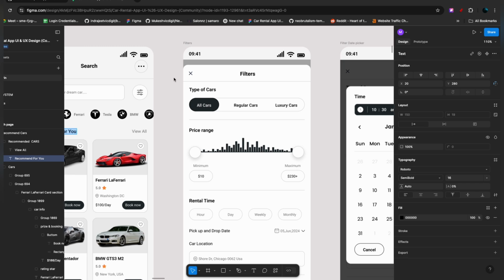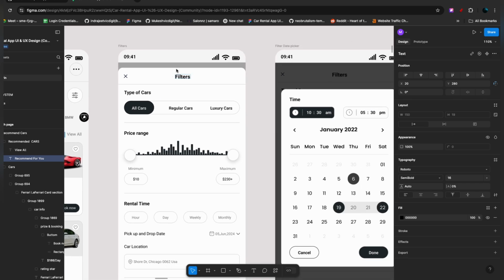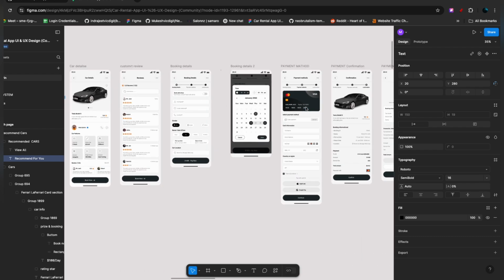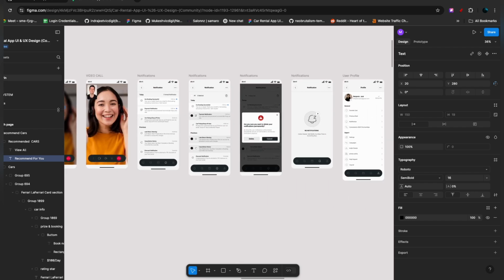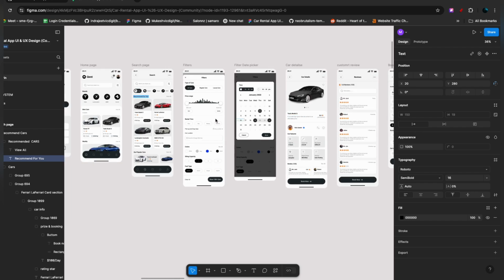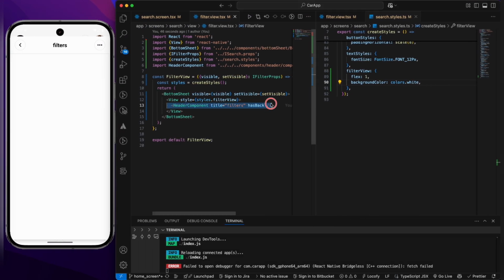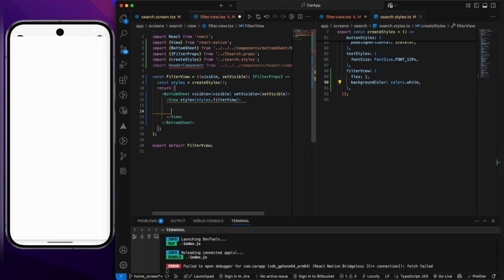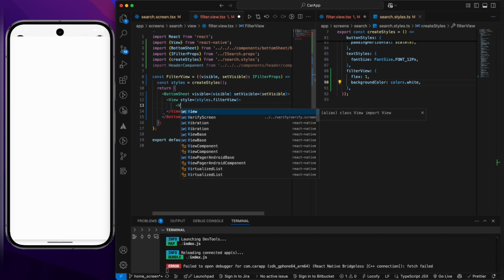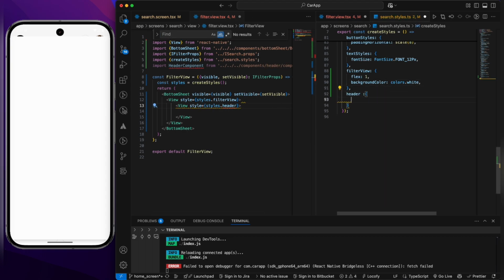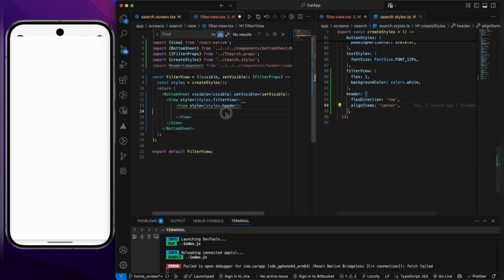So that also works, but I would prefer that we just make a text and one cross icon for only this thing, because if you can see, no one else is using that header. So there is no point of doing this much for only that component. So let's do one thing, remove this and write over here one view, pass the styles dot header like this and make it flex direction row, align items center, and pass the